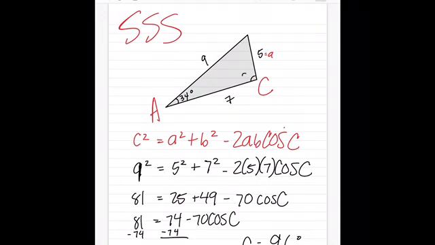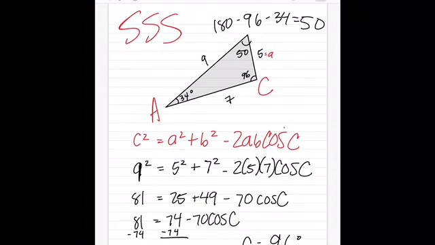Okay, and that's this one. This one's 96. So now we just do 180 minus 96 minus 34, and that is 50. Now, this doesn't look like 50. That looks more like a 25 or so because I didn't draw the triangle to scale, but it's fine. Anyway, the process is still the same. The triangles that you'll have on your practice problems and on your quiz will be to scale, so you'll be fine. Okay, if you have any questions, you know where to